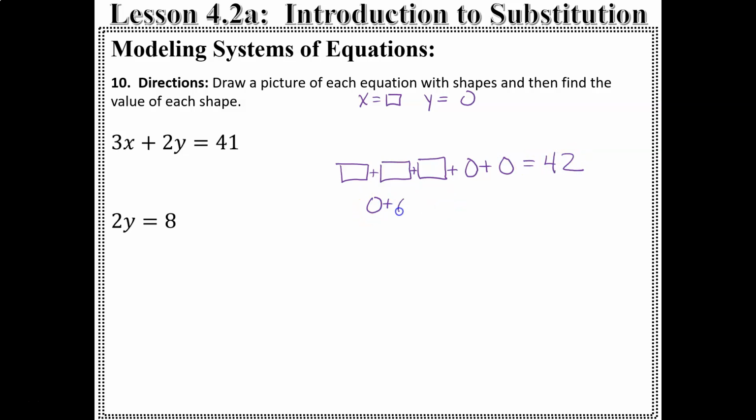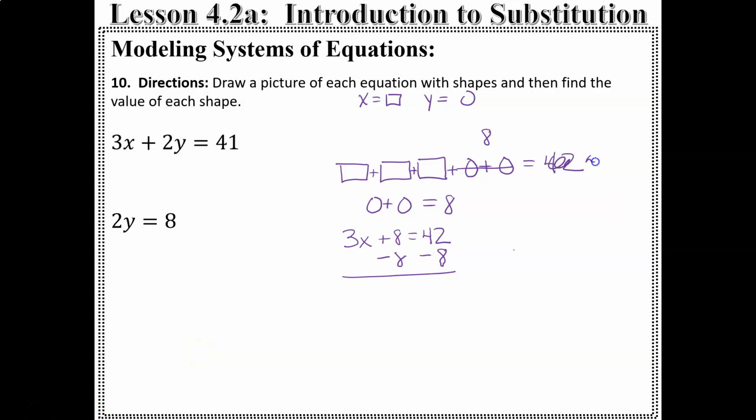Now I have 2 y's equal 8. So now I'm going to replace that with 8, because I know 2 circles are 8. So I have 3x plus 8 equals 42. When I subtract 8,